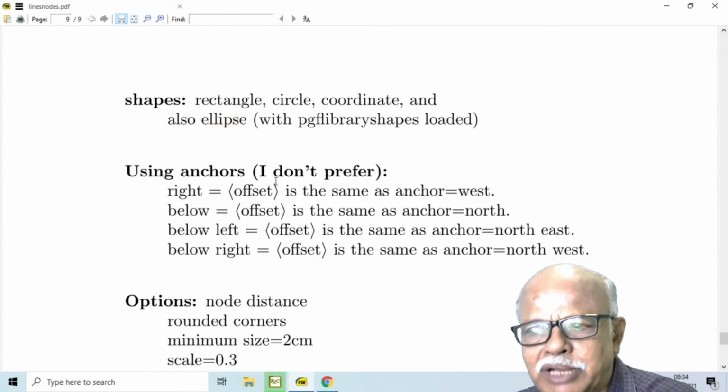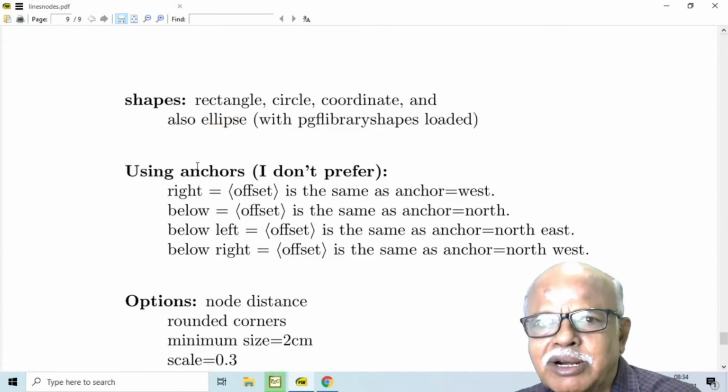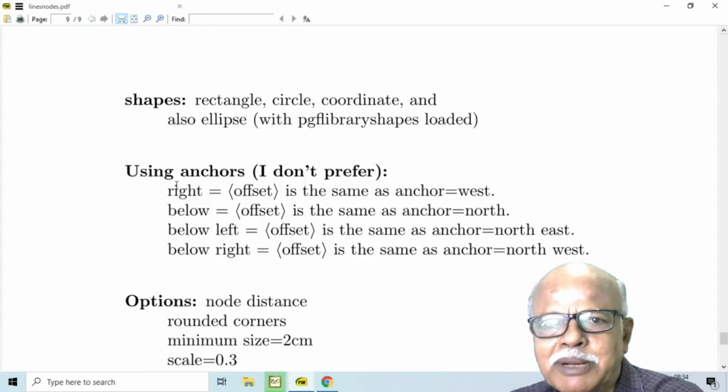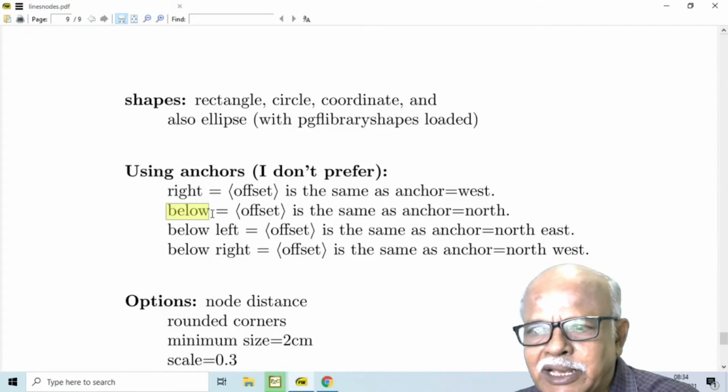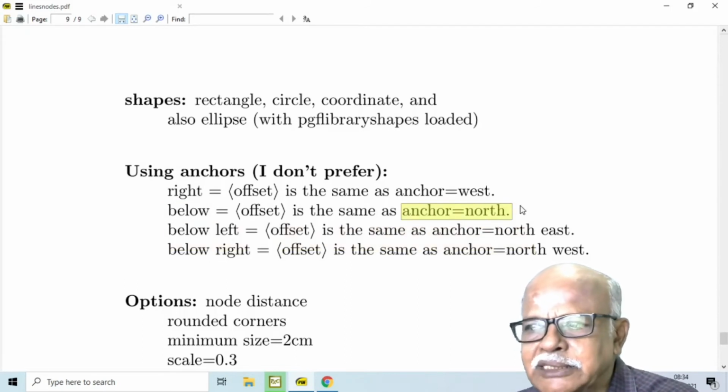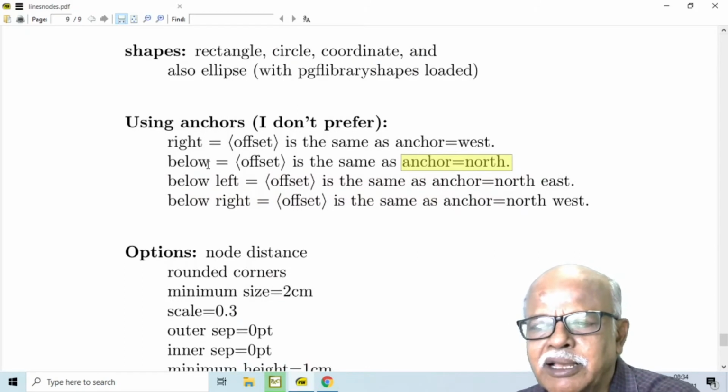You can use anchors, which I do not prefer. In a map, what we normally refer to as north is on the top. But here, only when you specify the anchor below, then it is north. It's the same as north. Instead, they are interchanged.